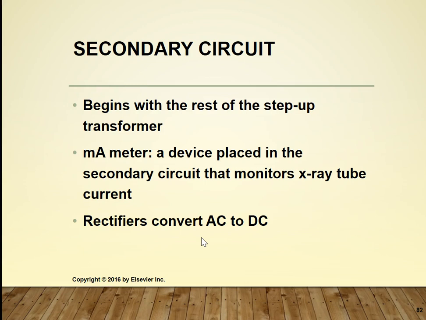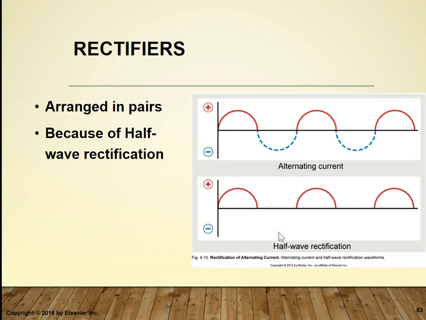So within the x-ray tube, current must always flow from the anode to the cathode side, and electrons from the cathode to the anode. We talked about all that in Chapter 5. So in order to convert that alternating current to direct current, we use rectifiers. So let's bypass the circuit for just a little bit and let's talk about just the rectifiers in general. To be used most effectively, rectifiers are arranged in pairs. So if you know anything about alternating current,